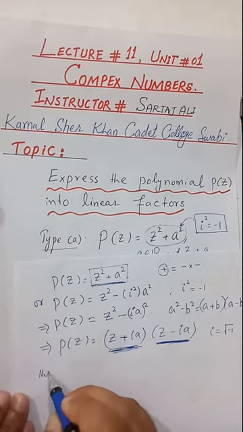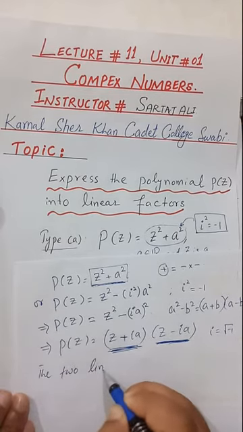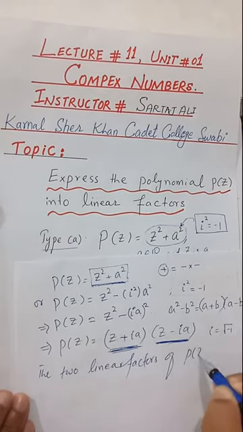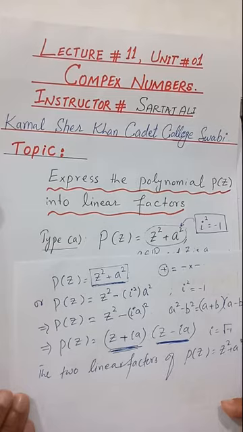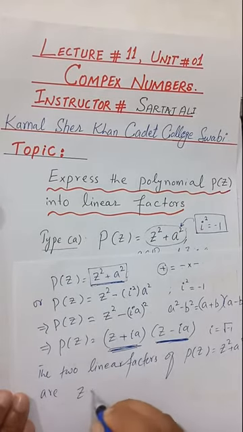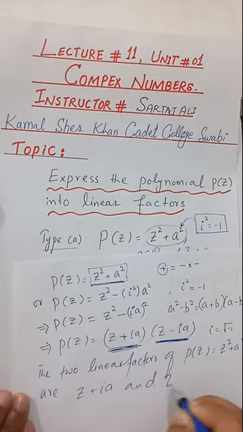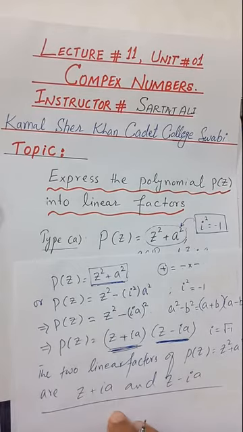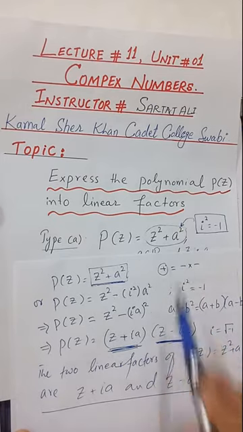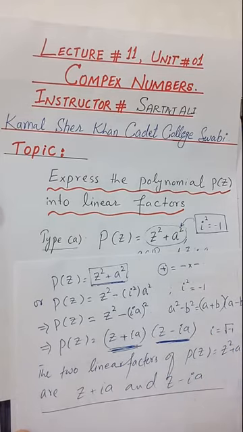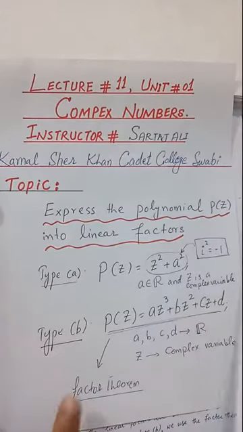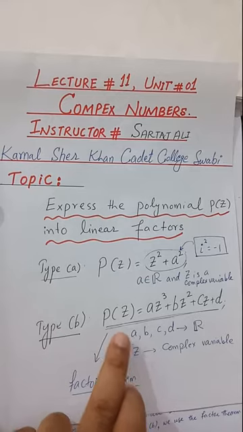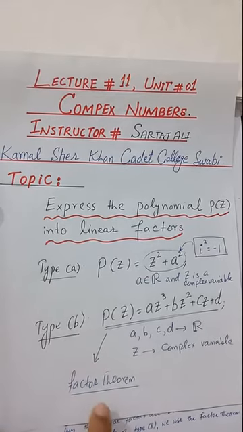So you will write the two linear factors of p of z equal to z square plus a square as z plus iota a and z minus iota a. These are the two linear factors. This is the procedure to convert the polynomial of type A into linear factors. Before I discuss the polynomial of type B, how we can convert this polynomial of type B into linear factors, for which we will use the factor theorem,